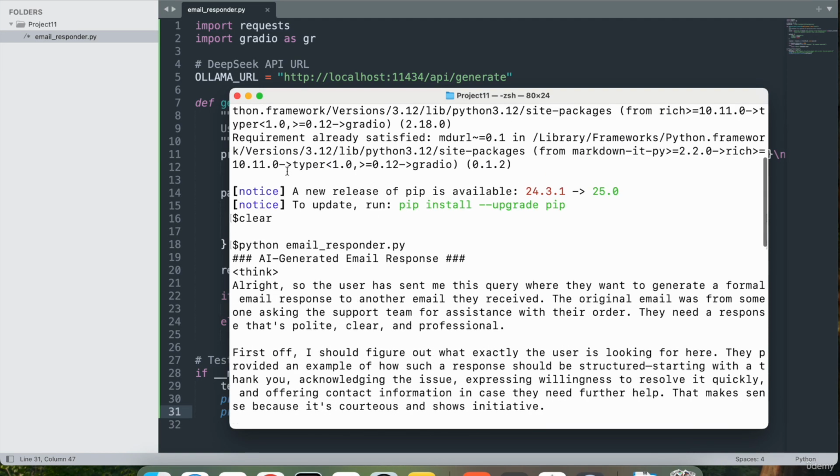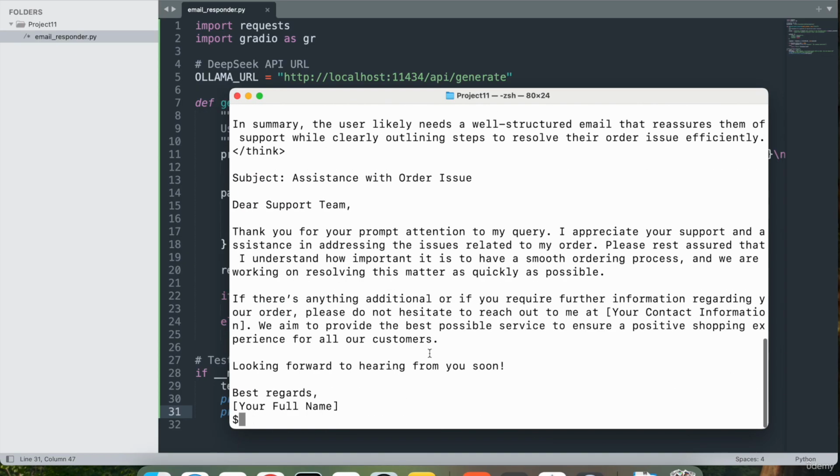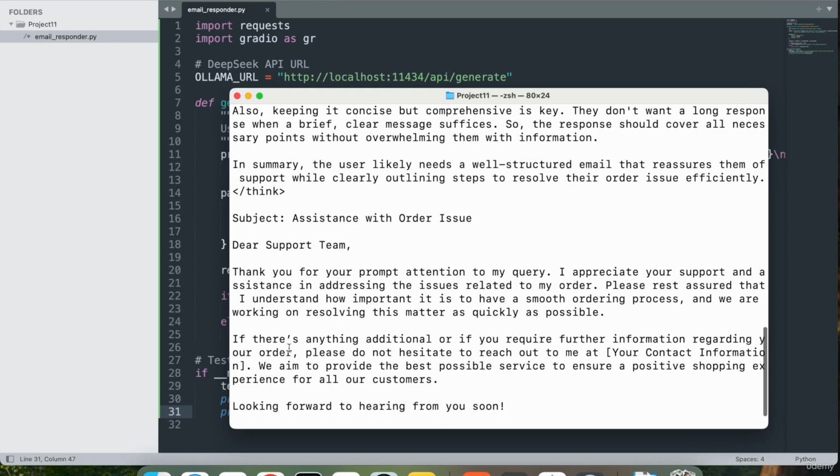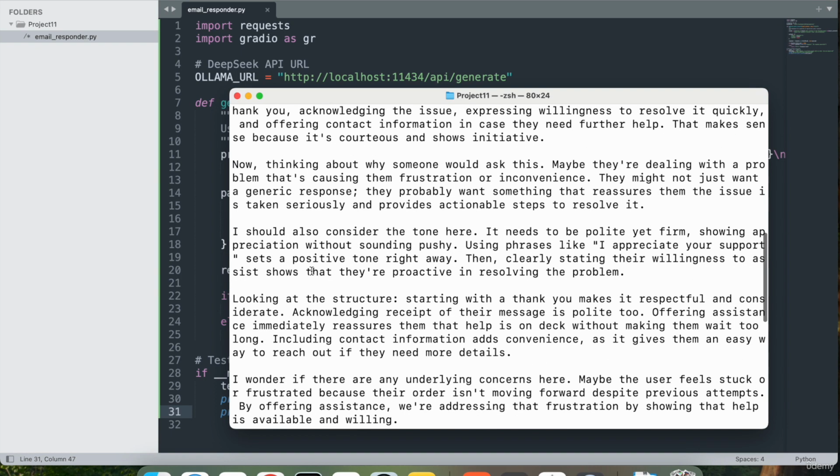It went through the normal process of thinking about the message that we sent, and then it said, "Subject: Assistance with order issue. Dear support team, thank you for your prompt attention to my query. I appreciate your support and assistance in addressing the issues related to my order. Please rest assured that I understand how important it is to have a smooth ordering process." So it looks like this is coming from a customer, and I am saying, "Dear support, I am facing issues with my order. Can you assist me?" And it's giving me a response as if